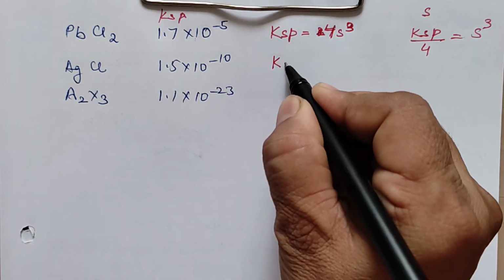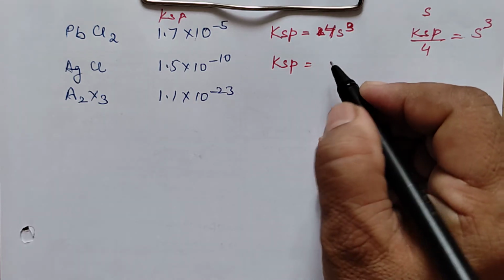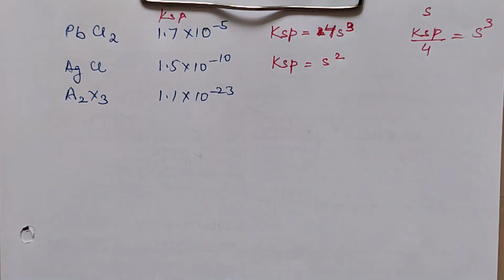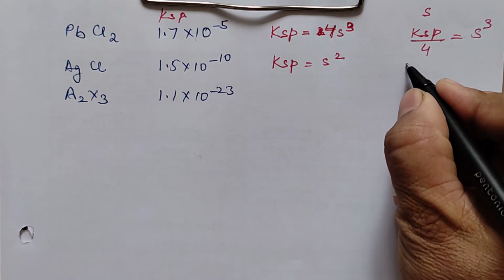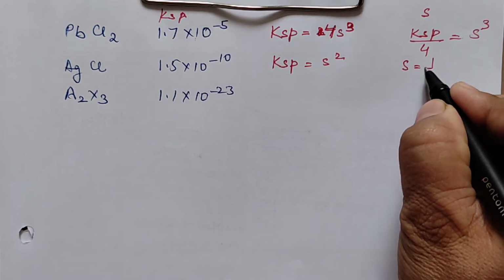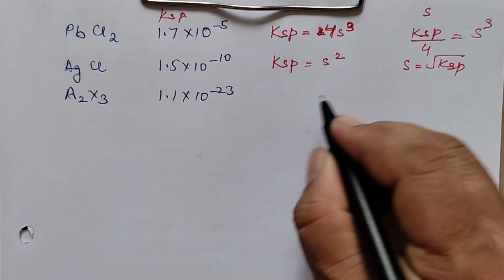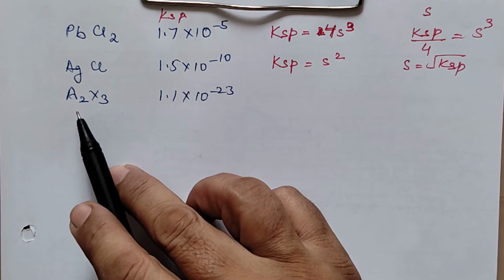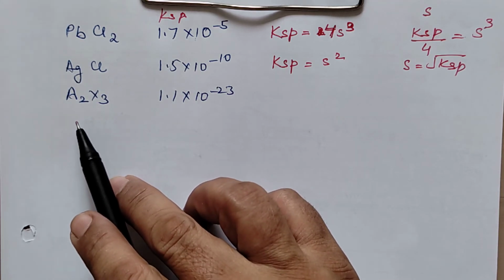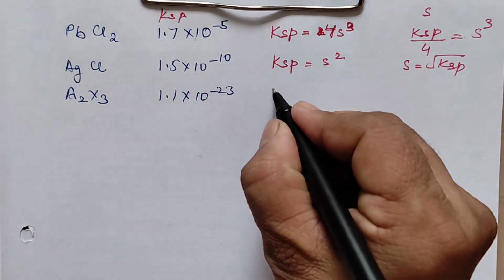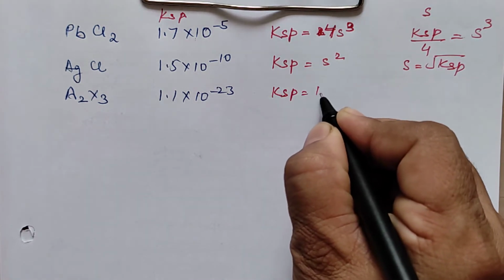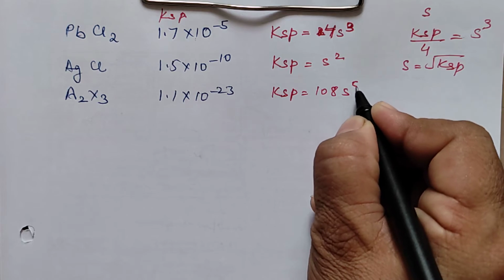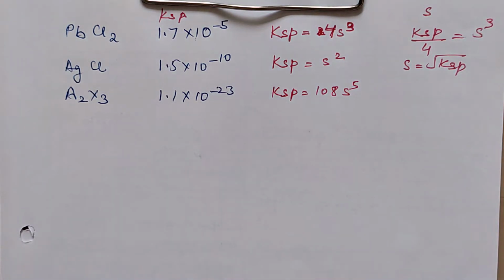Okay, I hope you can manage it. So the same is here. You will have the formula Ksp is equal to s square, right? So even here you can calculate s, which will be equal to the root of the Ksp value. You can just take the root of it. Same way here, this is of the type, we have done one example of the type A3B2, the calcium phosphate example. So you will have the Ksp relation for this as 108s to the power 5. So we know the Ksp value, you can substitute and calculate. Right? I think this one application is clear.